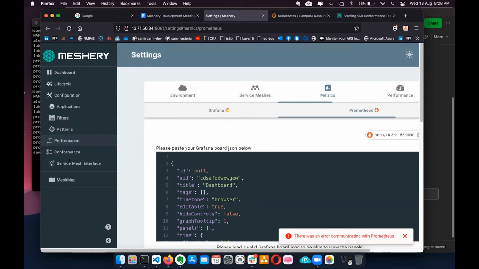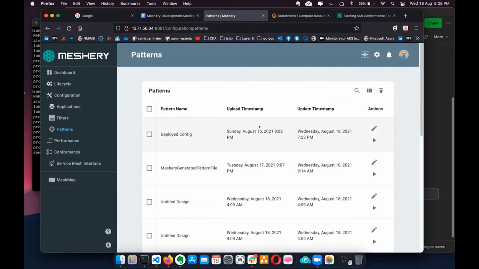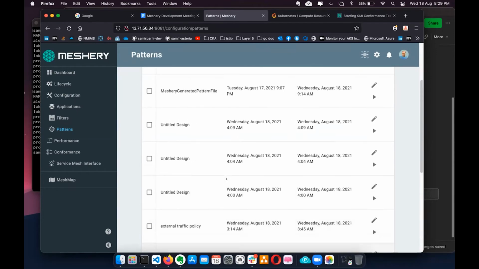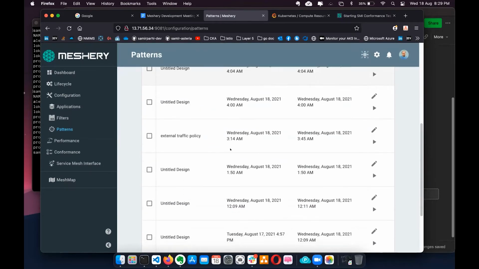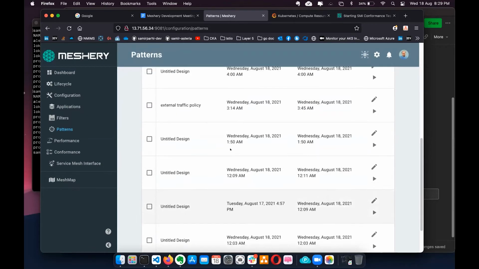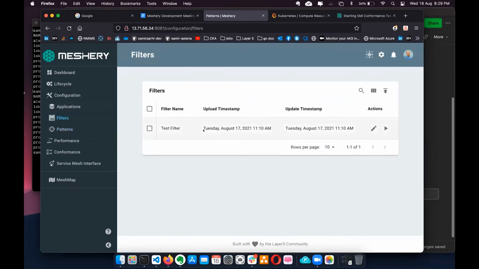And the same thing, there are a few things with filters and patterns, which I wanted to discuss. I just wanted to know where I get all this from. Is it from the Meshery server or is it from my cluster? And the same goes for filters also. Yeah, those last two.